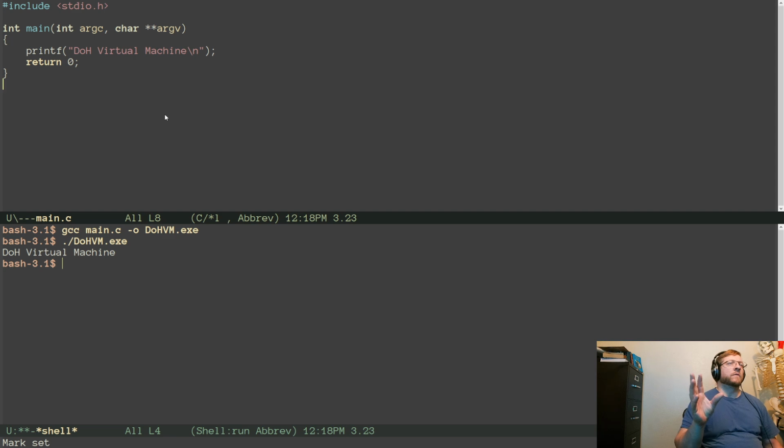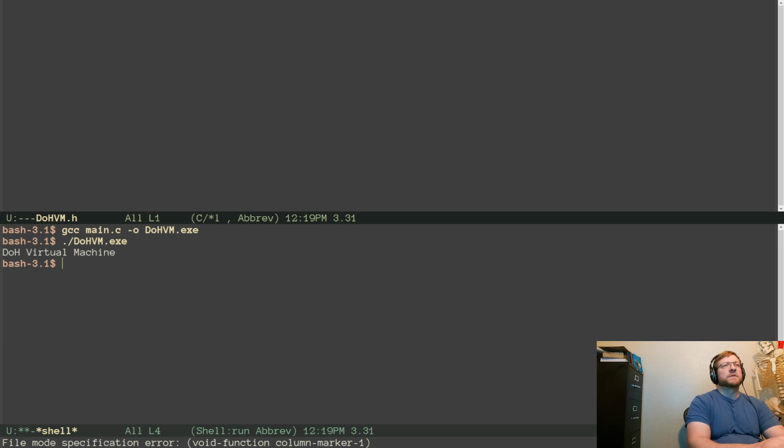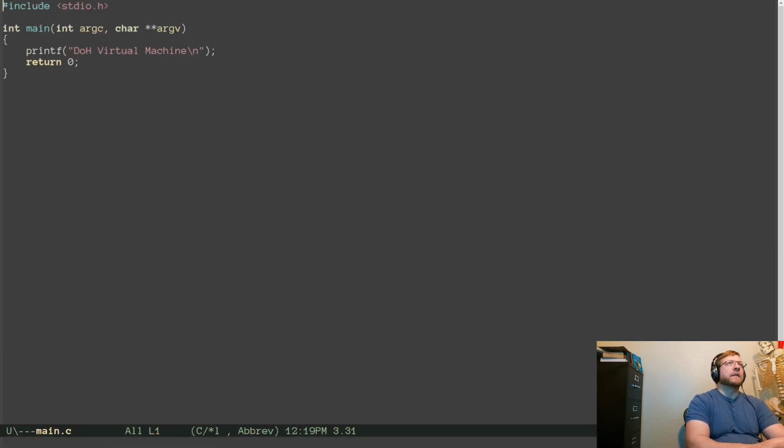So one thing I want to do is separate my code into logical pieces. All right, we're going to decompose the problem. That's one of the things we talked about earlier, decomposition. One thing I don't want is a big bunch of clutter in this. I don't want this one file to be 10,000 lines of code. I want this file to be very small. So the first thing we're going to do is make a dovm header file. And we're just going to start with an empty one. And then over here in main, we will pound include